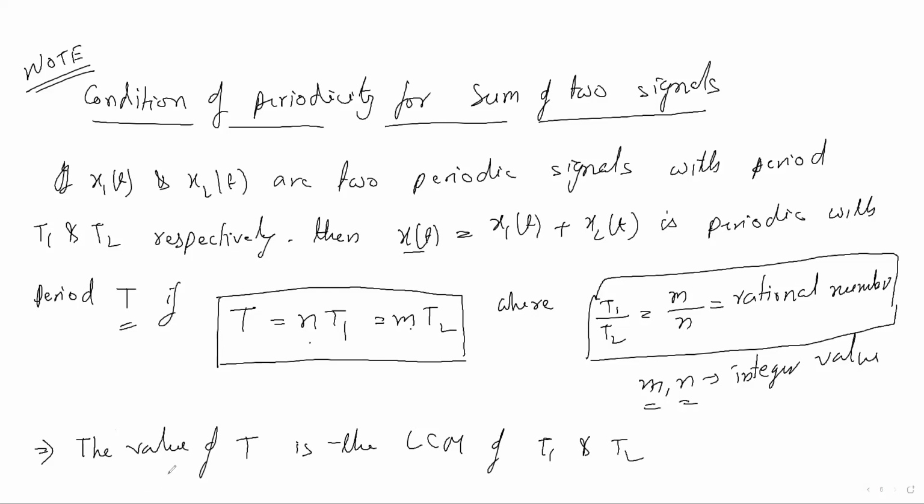This is another note: if you find this M and N, then also you can find the T, by multiplying N into T1 or M into T2. This is one case. We can find the time period of the resultant or summed up signal, or we can find the time period T by taking the LCM of T1 and T2. These are two ways we can find the time period. This condition you should remember, that T1 by